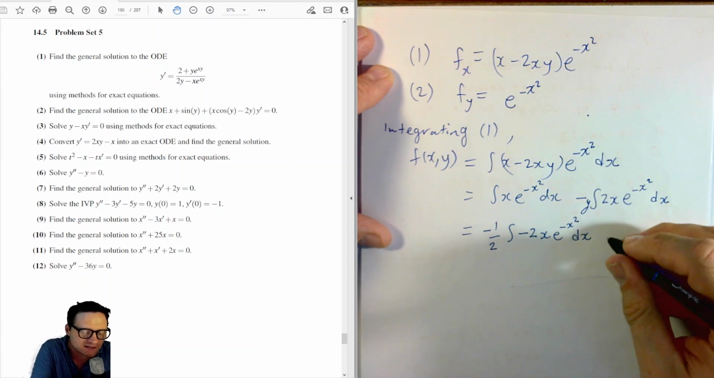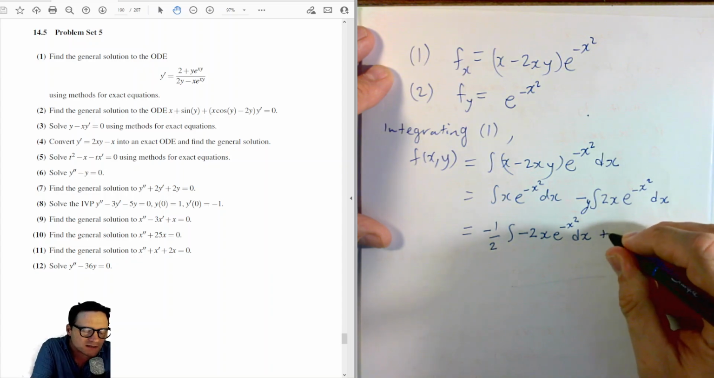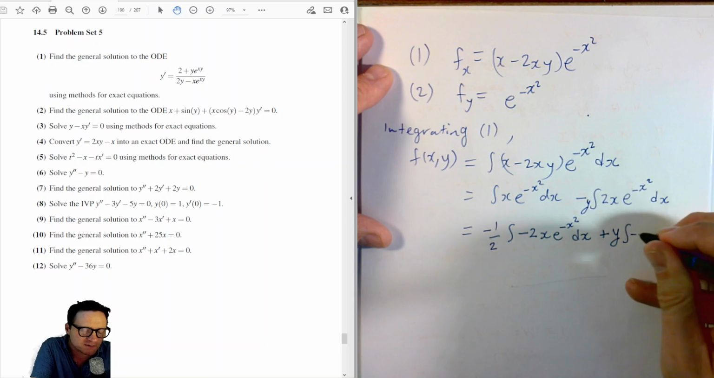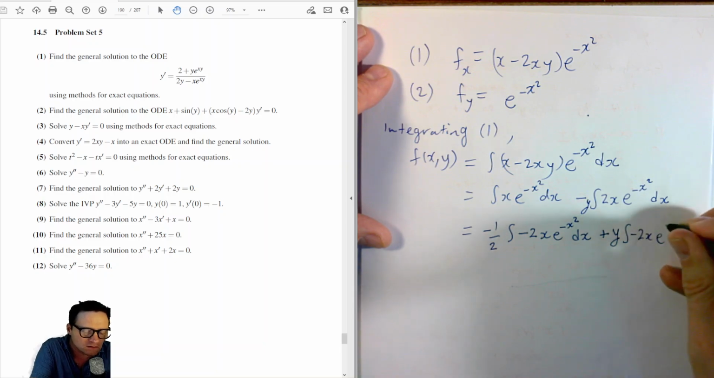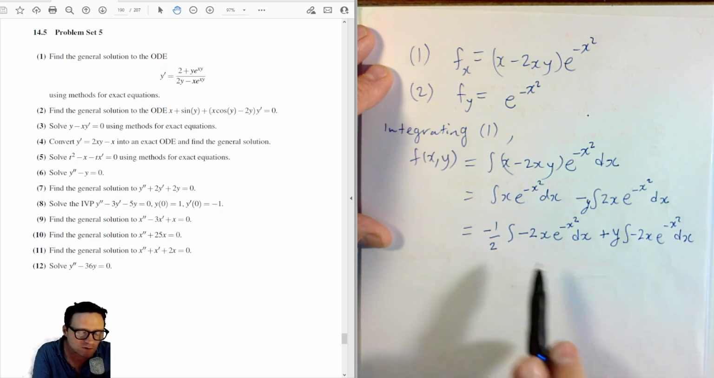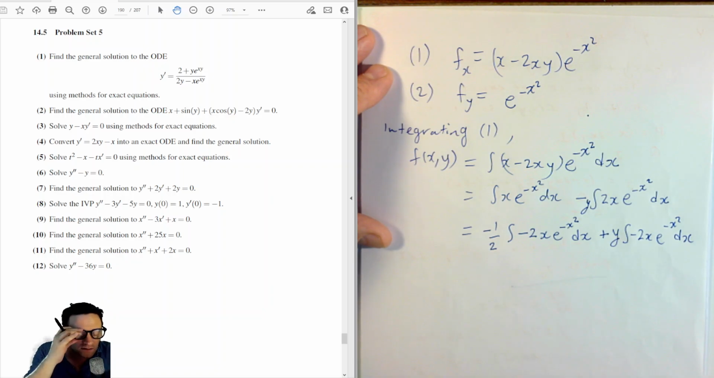Okay, now I don't really need to do it here. I do want to put the minus inside so it looks like this. y times the very same integral. Okay, and so now this integral, which is the same one here and here, this integral is e to the